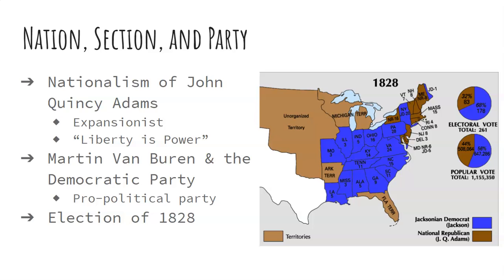Jackson's opponents condemned him as a murderer for having executed army deserters and killing men in duels. And they questioned the morality of his wife, Rachel, because she had married Jackson before her divorce from her first husband had become final. Jackson always believed that his opponent's slander had contributed to his wife's death shortly after the election. By 1828, voters, not the legislature, were choosing presidential electors in every state except South Carolina. This encouraged this vigorous campaigning style and high voter turnout.